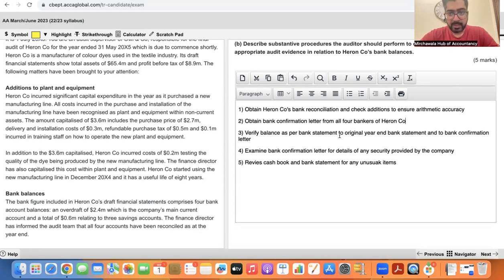Verify balance as per bank statement to original year-end bank statement and to bank confirmation letter. Here, on the company's balance as per bank statement, to original year-end bank statement, to bank confirmation letter. Or you can write: verify balance as per bank statement to original year-end bank statement and to bank confirmation letter, or verify